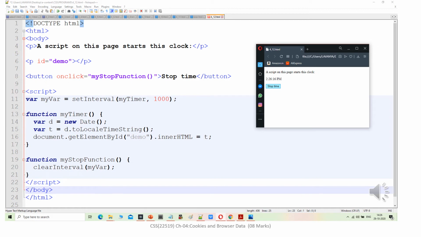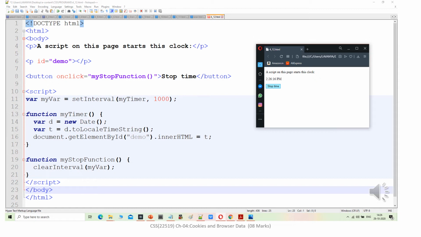This is the program to start the clock on click. Doctype HTML, then HTML tag, body tag, then button onclick is equal to myStopFunction, and the button is for stopping the time. In the script tag, my_var is equal to setInterval, myTimer, 1000.